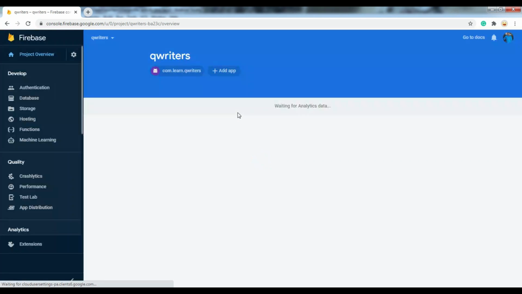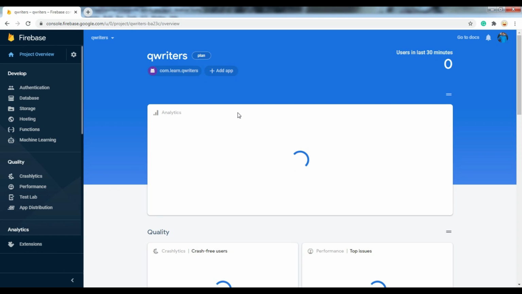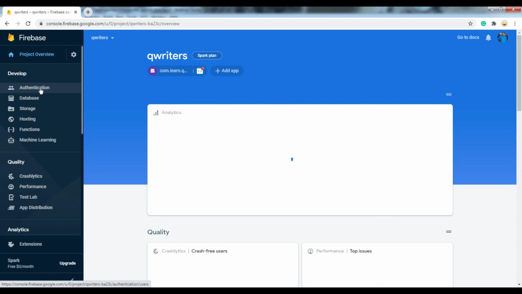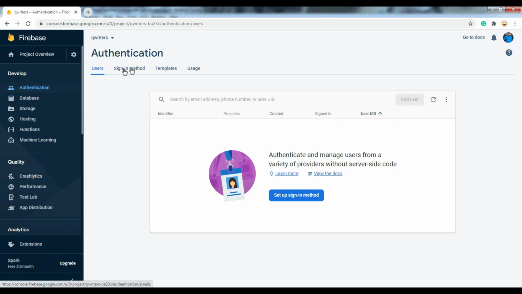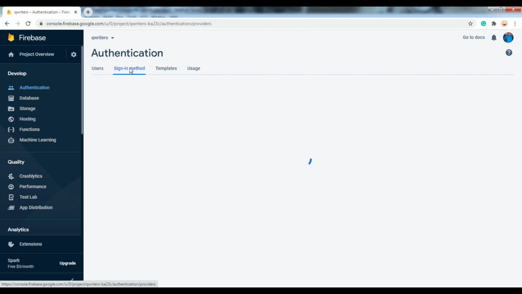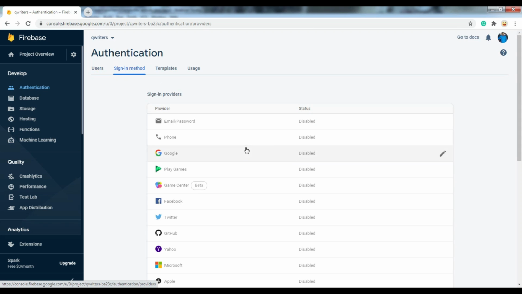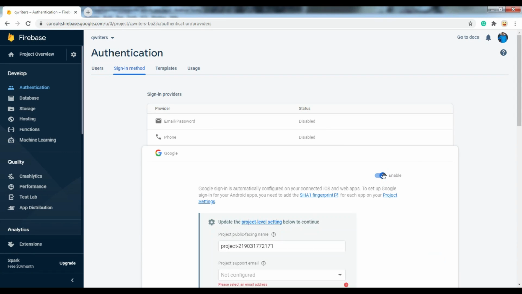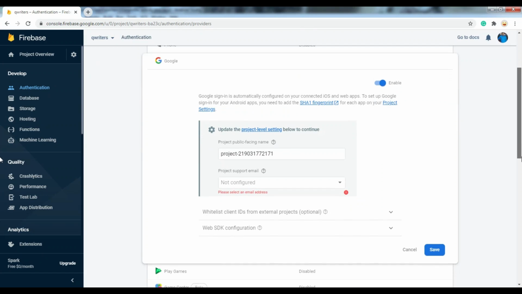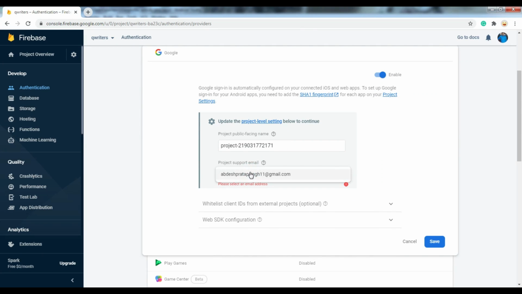So you can see your project, and next go to authentication. Here you can find first authentication, just click on that authentication, and in the sign in method, go to sign in method, second one. Here whatever you are using, like Google sign in, you have to enable here. Just click on this right option and here you enable it, and you have to give your email address, check your email address and click on save.